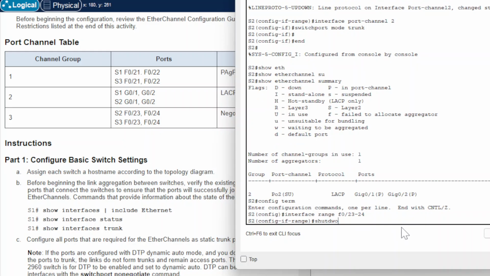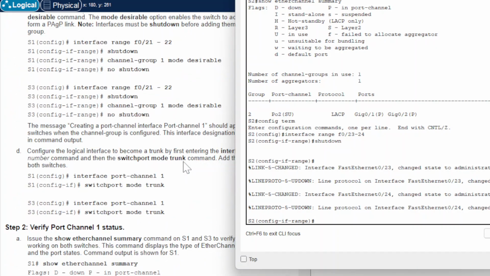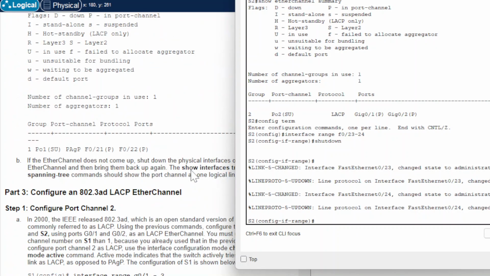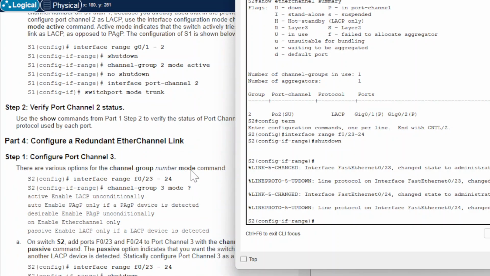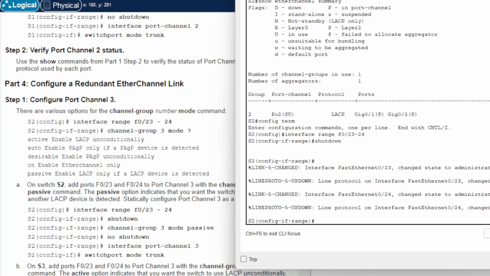No, shut down. Okay, let me go back here. I know the mode is going to be passive, but let me show you here. If you run this channel address group, it gives you